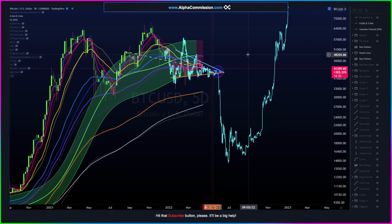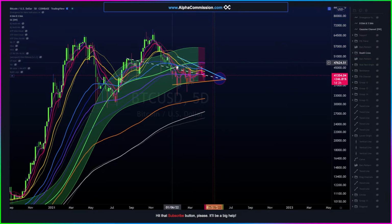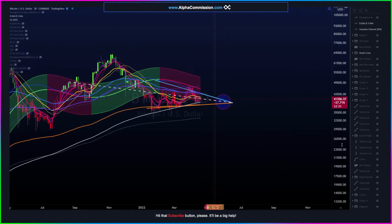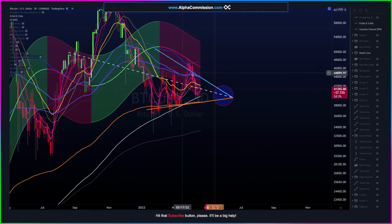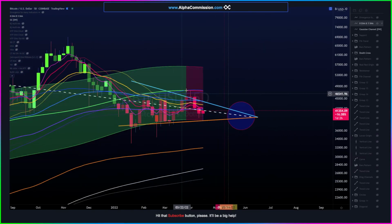And what's happening here? Same thing, right? You're getting squeezed by the 50s and the 89. On the 3-day, the 50 and the 89, and then the 200s, you're getting squeezed down. And then on the 5-day, you tested the midline of the Gaussian channel, and then if you get repressed in this area,